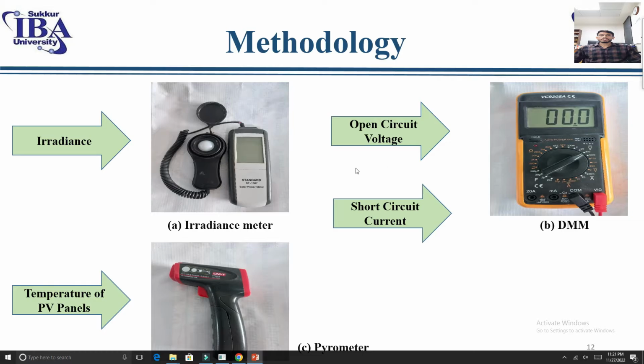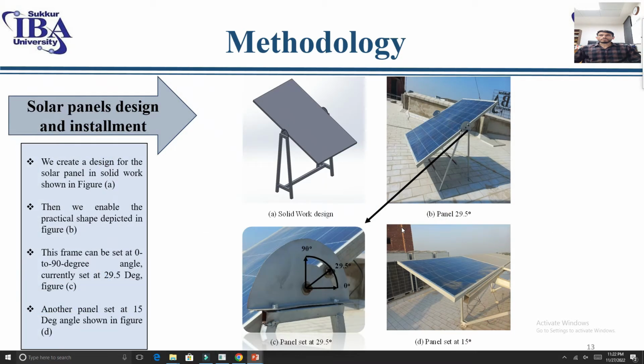Open circuit voltage can be measured with a digital multimeter, and short circuit voltage can be measured with a digital multimeter as well. So these are the hardware design, the SolidWorks design. This is the SolidWorks design, and this is the result where we set the